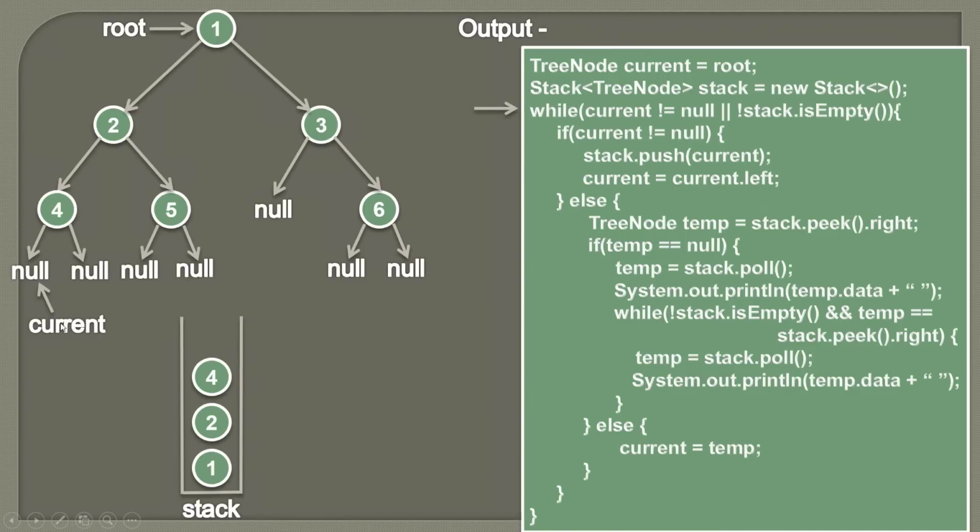So friends, here you can see now current is actually pointing to null. Now if the current is pointing to null, this null can be on the left side of this node or on the right side of its node. So if the current is on the left side of the node, then we know that we need to visit the right side also before visiting this node. But if the current is on the right side of the node, then we know that we have already visited left, we have already visited right, now we can visit this node.